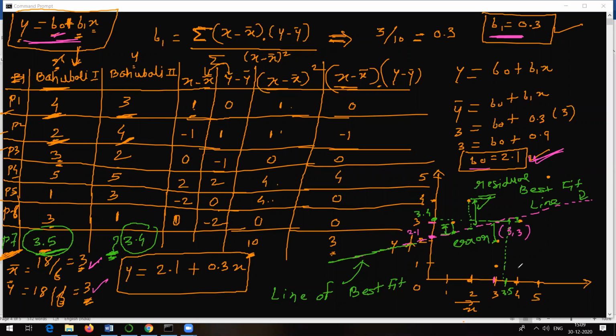So if someone asks me what will be the rating for Bahubali Part 2, if some person gives a rating of 4.5 for Bahubali Part 1, you can follow the same procedure. From this line, draw a corresponding perpendicular line, and this particular point is going to give your answer. So in this case, now try to understand